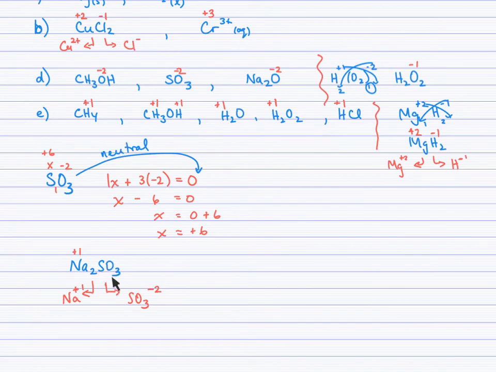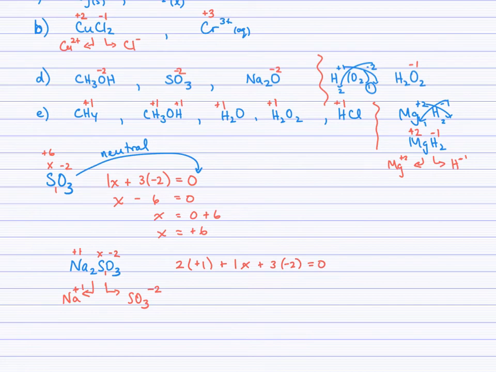Now for the sulfite, we know the oxygen to be -2 because oxygen is always -2 in a compound except for peroxide, so I'll call the sulfur X. And so I follow the rule of subscript times the oxidation number, so 2 times +1 plus 1 times X plus 3 times -2, and that will equal 0, again because the overall formula